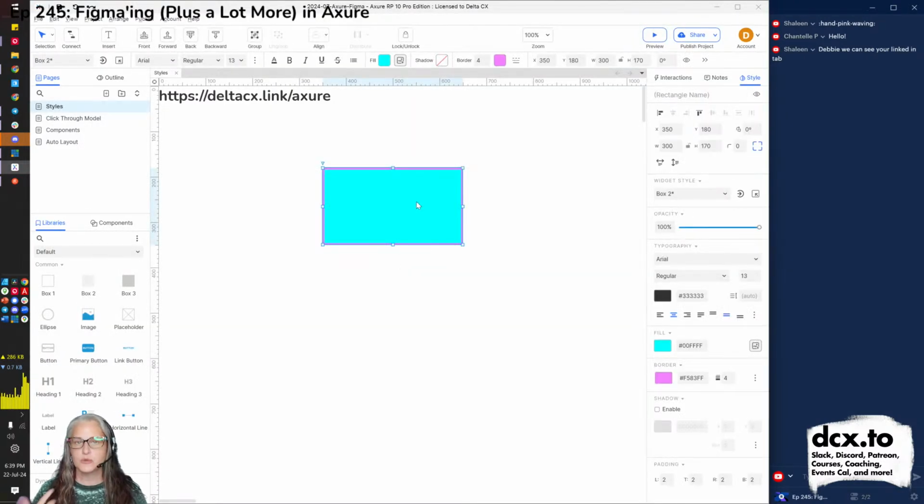And all I did so far was drag out a rectangle and show you how here on the right side is the style tab. Let me pull up Axure and make sure this is looking better. Yeah, there we go. There's Axure. So all I did was show you that over here on the right side, thank you, Charlene, always saving my butt, there's a lot of style options here. Some are similar to Figma, some are different. They might be in different places, but I filled it with a cyan color. I gave it a pink border of 4. That's all you missed so far, not much.